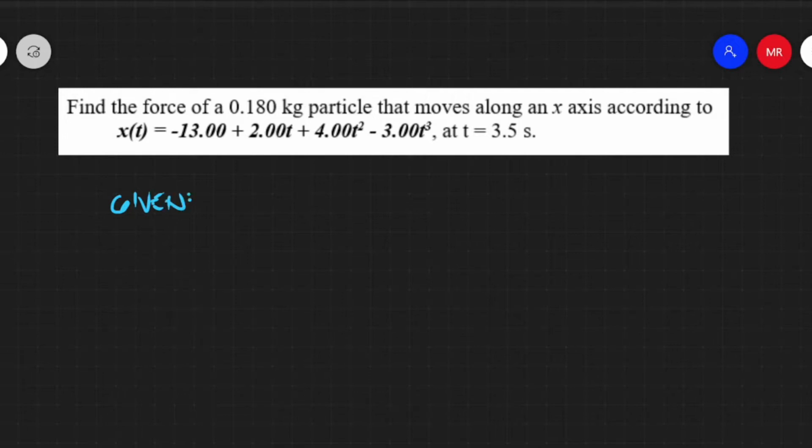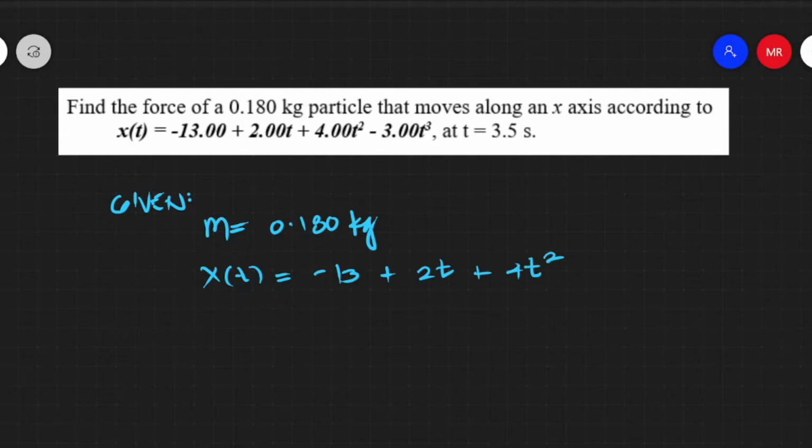So the givens are the mass of the particle, m = 0.180 kilogram, and then we have the position function x = -13 + 2t + 4t² - 3t³, and we're also given the time t = 3.5 seconds. Now we are required to get the force